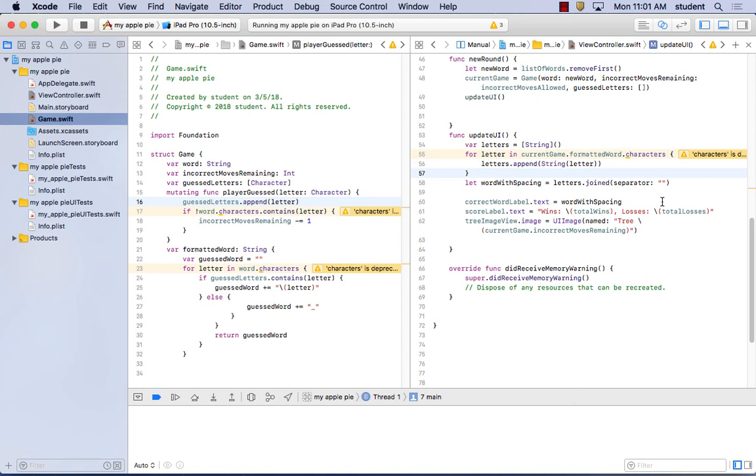Word with spacing. To properly set the text of current word label, you can use a Swift method called joined separator. That operates on an array of strings. This function will concatenate the collection of strings into one string separated by a given value. Here's an example, and then they show the example there. You don't type that in, that's just an example of what they're talking about. And of course you can see that each one is separated with a comma. So let's jump to page